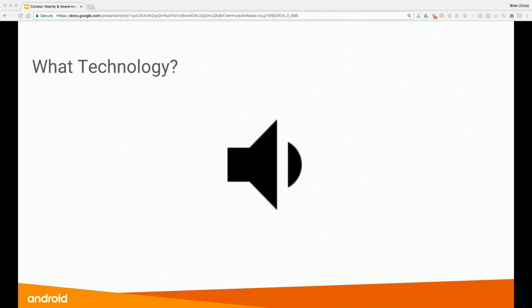So we proved that we could make it work, but we needed to do something else to make this something that we could actually launch outside of Google. So we worked really closely with a team in Google Research to make our audio modem move the frequency of the audio up to around about the 20 kilohertz range. And this is high enough that most people can't hear it. It also, because it's such a high frequency sound, it actually is even worse at going through walls than regular audio, which makes it even better suited for that use case of being in the same room.